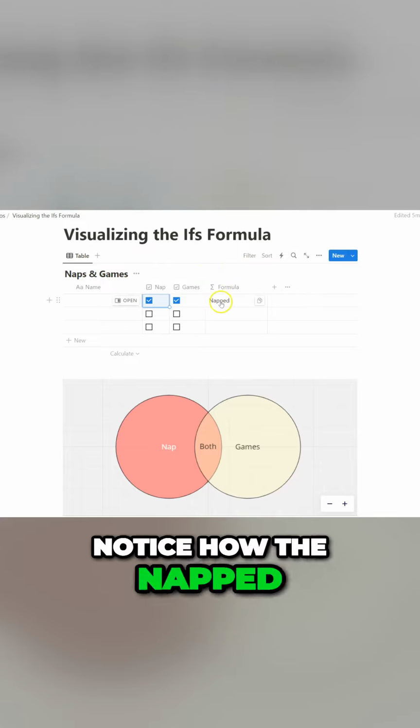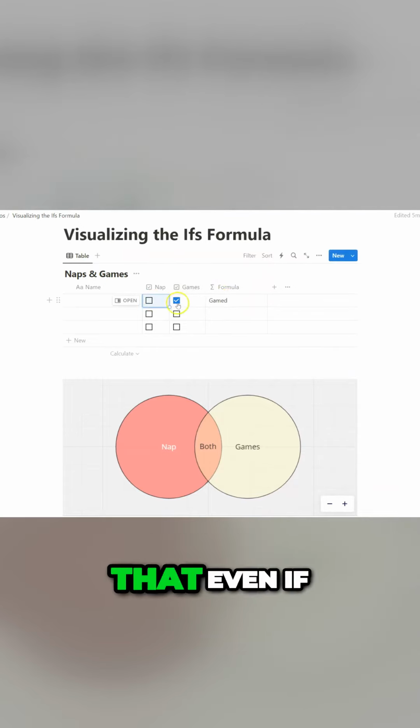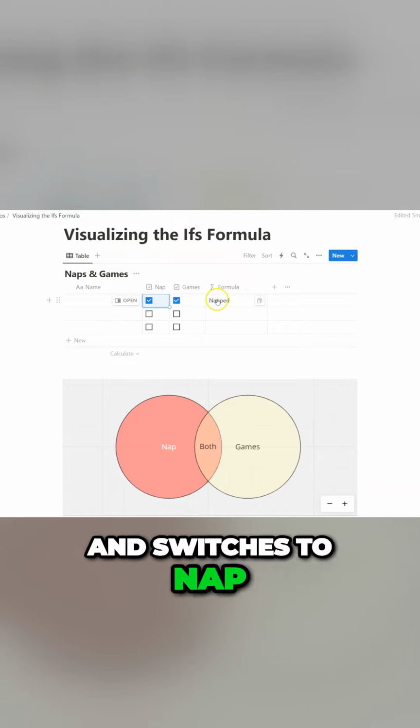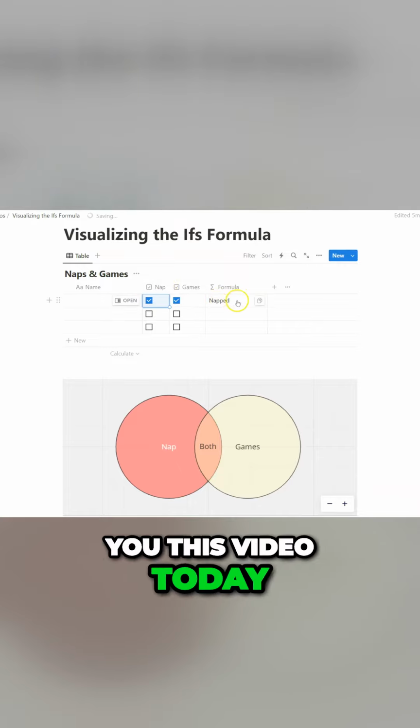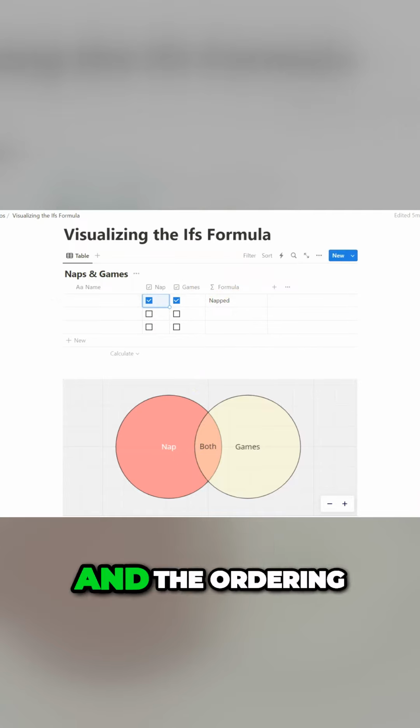Notice how the napped formula output overrides the gamed output, so that even if you have gamed and you click on nap, it overrides and switches to nap. And so the reason why I'm showing you this video today with this Venn diagram is it has everything to do with exclusivity and the ordering